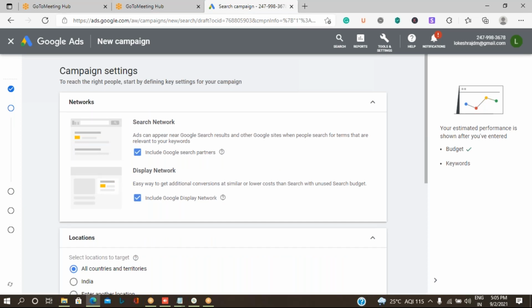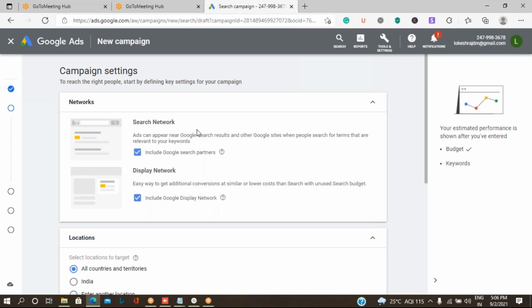When you click on the next option, you will be shown the types of campaigns you will be creating. Since we selected the search option, it shows that your ad will be generated on the search network.